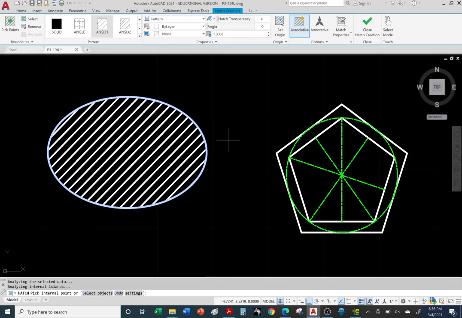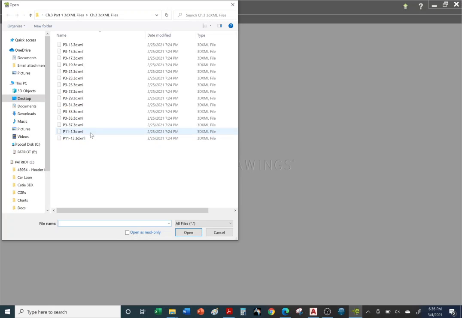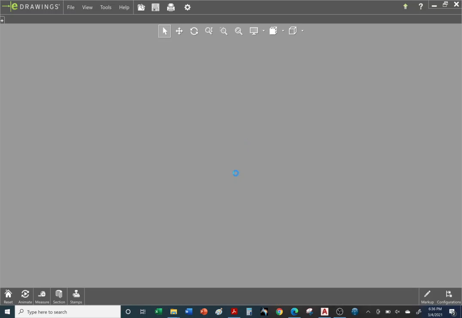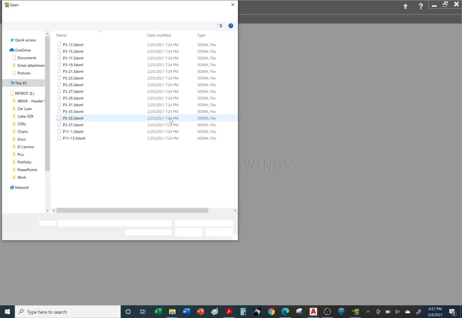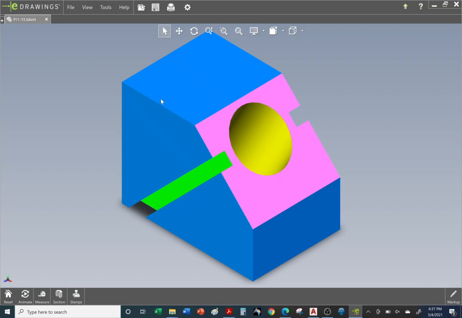Okay, so later on when we take section cuts, when we take apart, just as an example, later on, we're going to be taking solids, imaginary solids. I'll just randomly pick one. Let's see if I pick a good one. And sometimes we need to cut them down the middle to expose what's on the inside. Oh, not a good example. This one has no inside features. Let's pick the toughest one, problem 11-13. There it is. Okay, so if you wanted to expose the inside of this part, you can go to section,